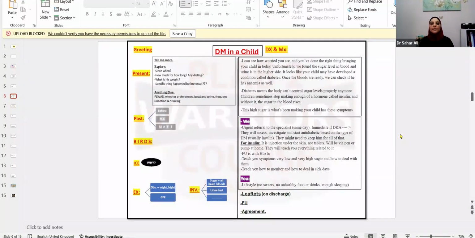Diabetes mellitus in a child. In this case, you are dealing with a mother bringing her child to the GP. What are the presentations? Weight loss over the last period, frequency, polydipsia as well. All of these are symptoms of diabetes, okay? And in children, if you have a mother who is coming to you concerned about losing weight in